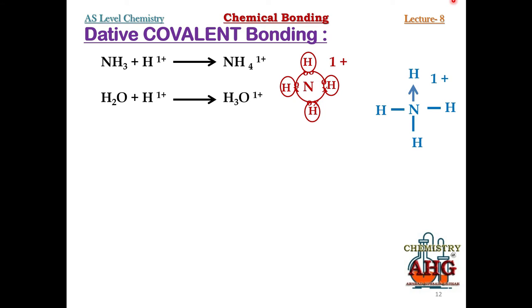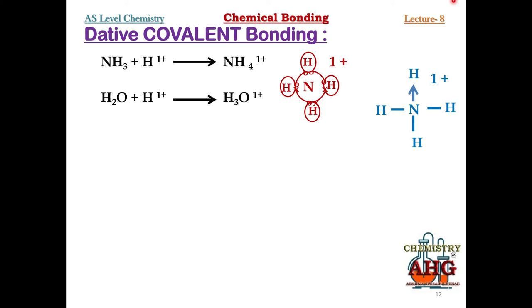H ions, as you can see, are positive. They are electron deficient because H has 1 electron only and it has lost that electron. So now this H ion can act as electron acceptor. So what will be the dot and cross diagram or Lewis structure for hydronium ion that you can write down based on the examples of ammonium ion that I have given you? Now you have become able to write down Lewis structure or dot and cross diagram for any compound, for any complex ion having dative covalent bond.